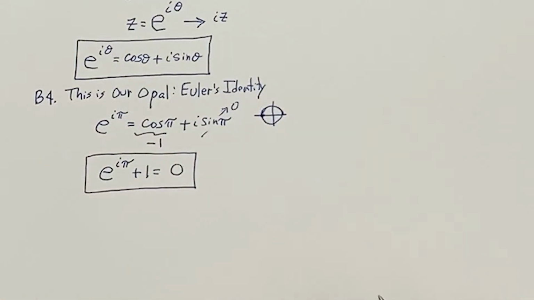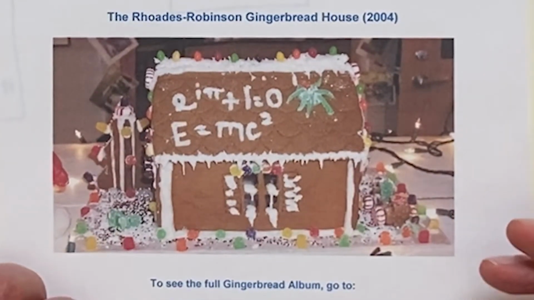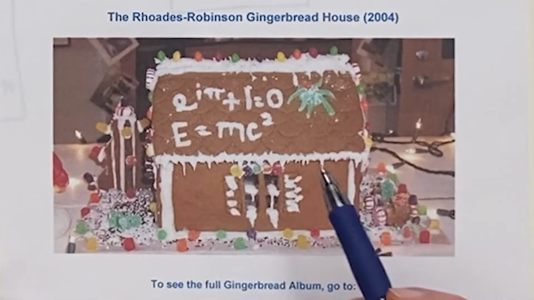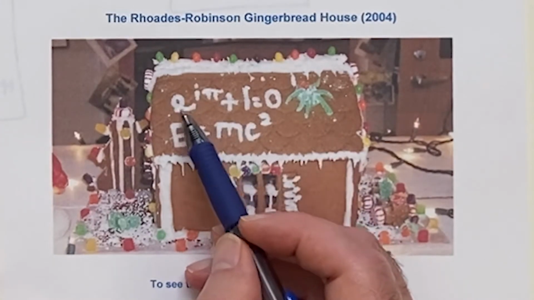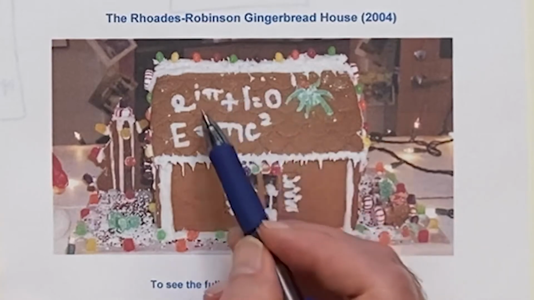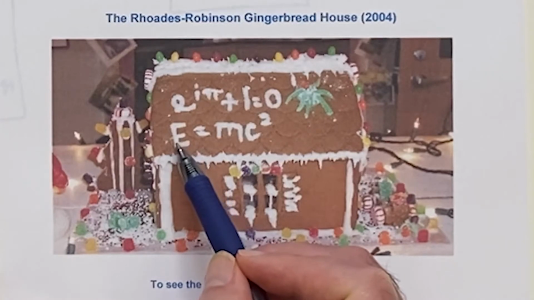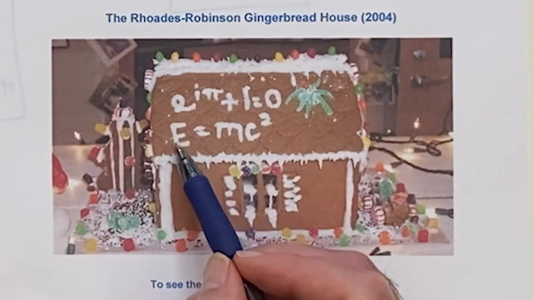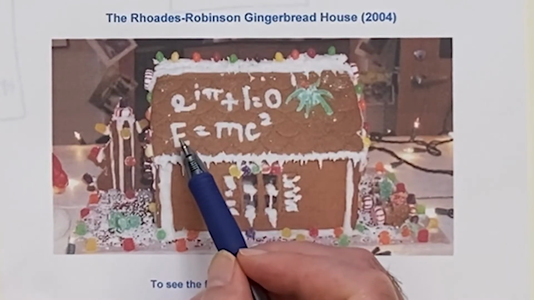And that equation, in our gingerbread contest many years ago, who could have the best gingerbread house, the Rhodes Robinson Science and Mathematics building won the prize. And they proudly put the equations on the top. The Euler identity, e to the i pi plus 1 equals 0, that's on the roof, and E equals mc squared. Although in the original one they used lowercase c, I think a mathematician actually decorated the cake, our secretary in mathematics, and I went ahead and changed it to capital E,